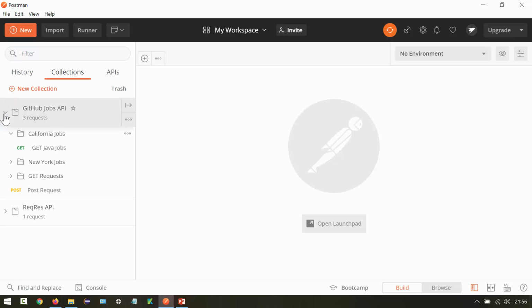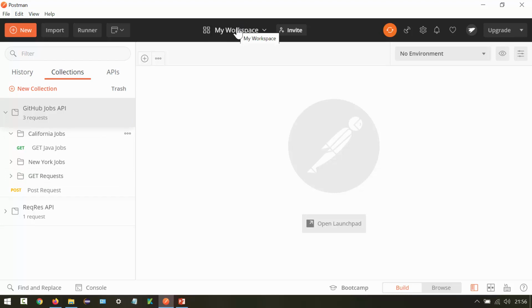Then in a collection we can have multiple request folders, or even we can have individual requests. So we have a workspace, then under that we can have multiple APIs and multiple collections, and inside a collection we are going to have an API request. So make sure that you are selecting the required workspace or creating the required workspace.